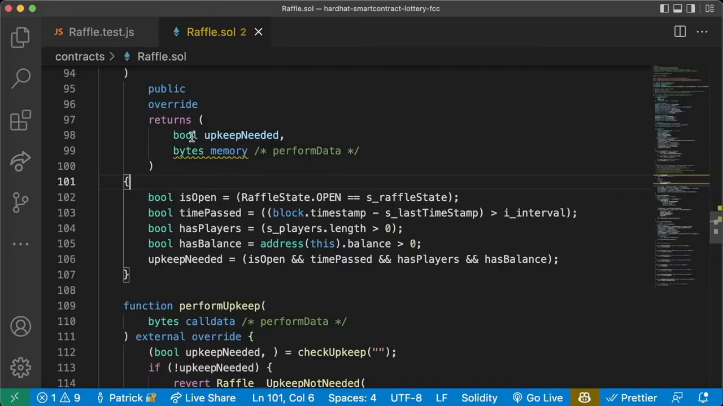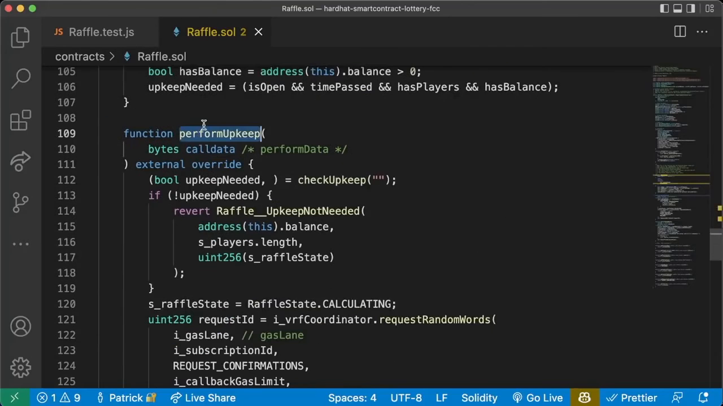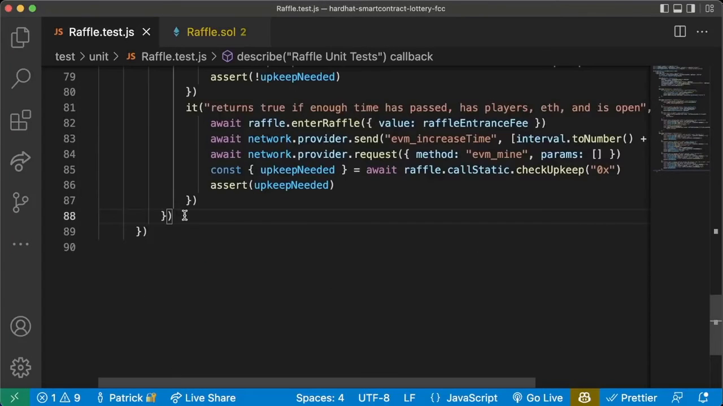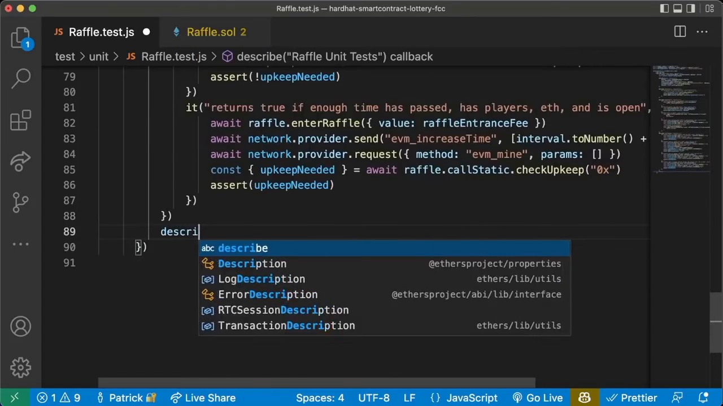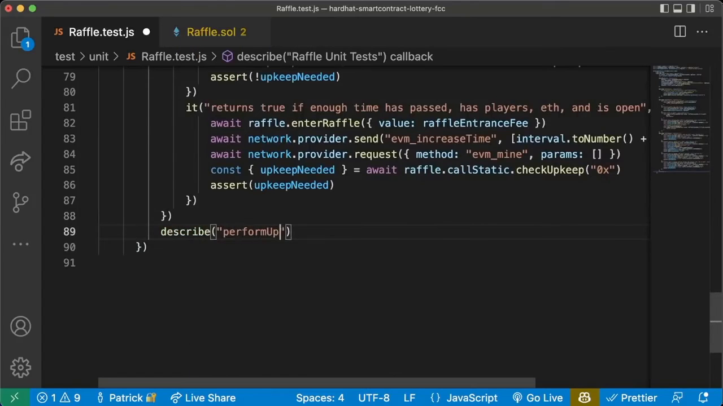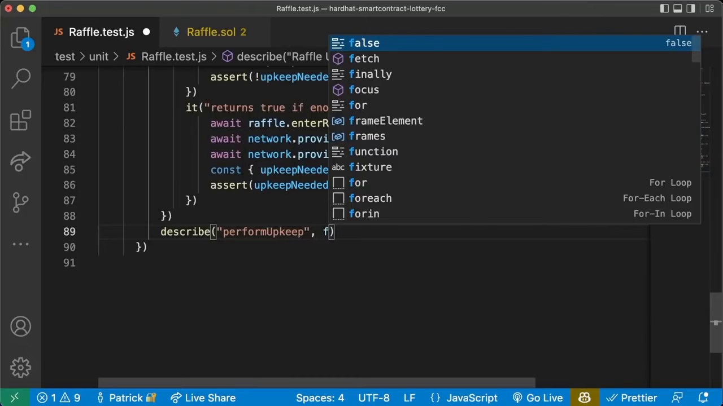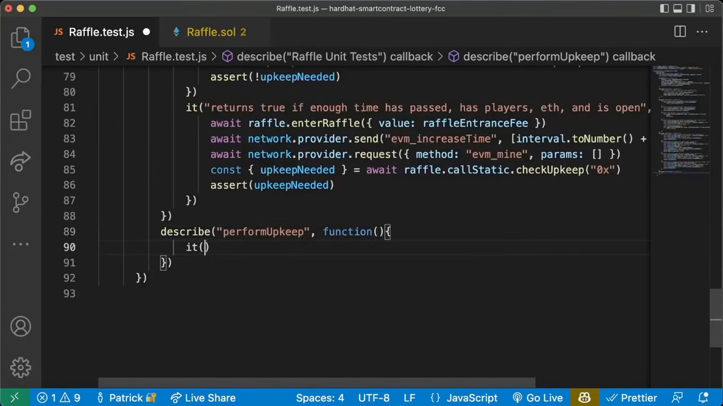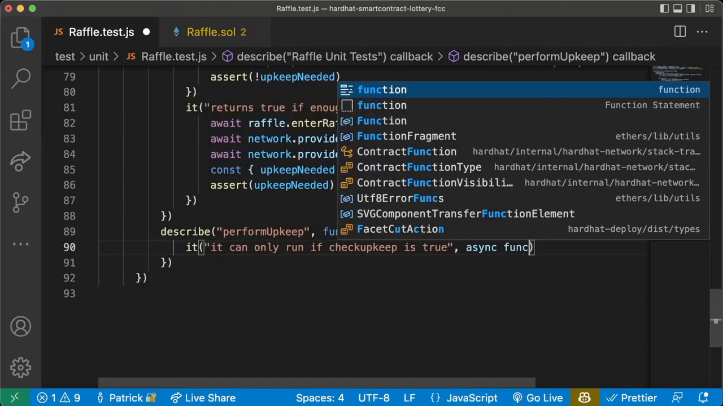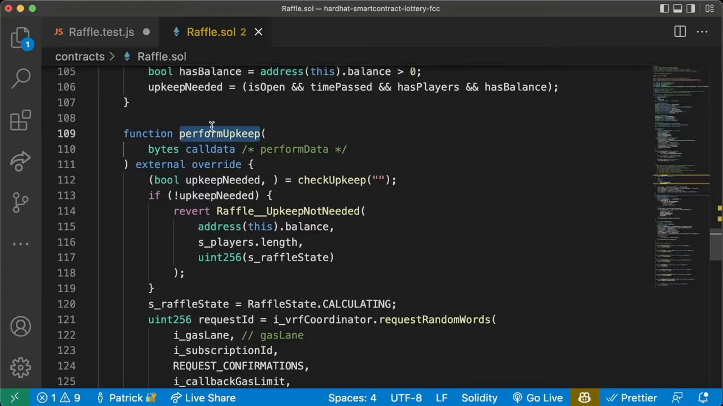So we've written some tests for check upkeep. Now let's go ahead to perform upkeep. Let's create a new describe block. Describe for perform upkeep. This is going to be a regular function. And in here, we're going to start and say it can only run if check upkeep is true. And this will be an async function because we only want perform upkeep to work if check upkeep is indeed